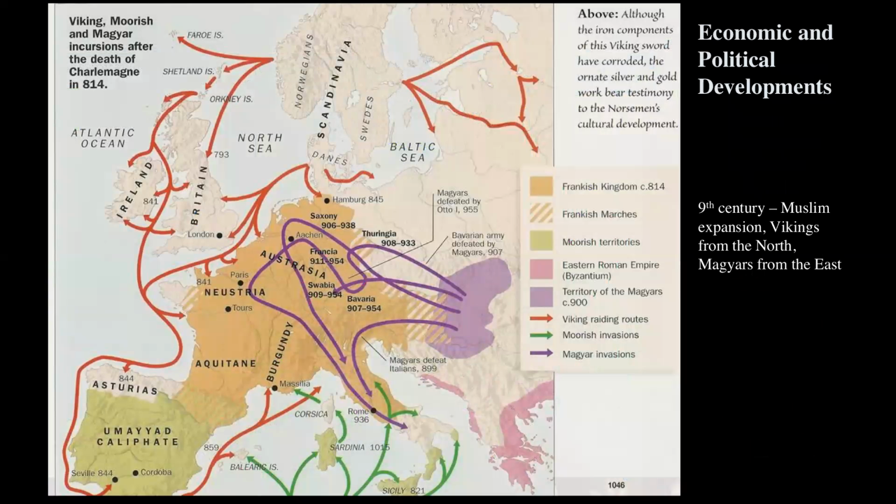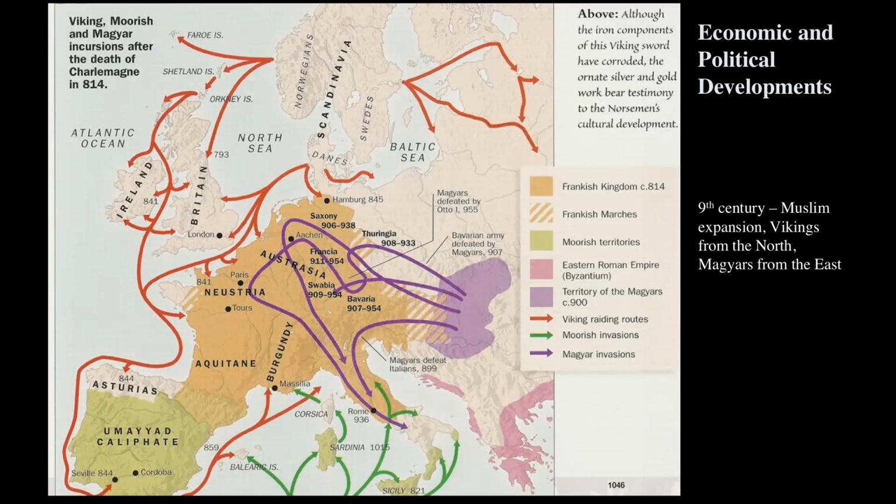So we look at some of the economic and political developments. A lot of stuff happened during this time period from about 800 to 1000. And when you see these big maps, it's one thing to realize that most people would not be aware of any of this. Most regular people would only have, as we'll talk about in a moment, a lord. They would see that as the authority, but they wouldn't know who the kings or nobles were or what the countries were called or anything like that. So generally people would think locally.